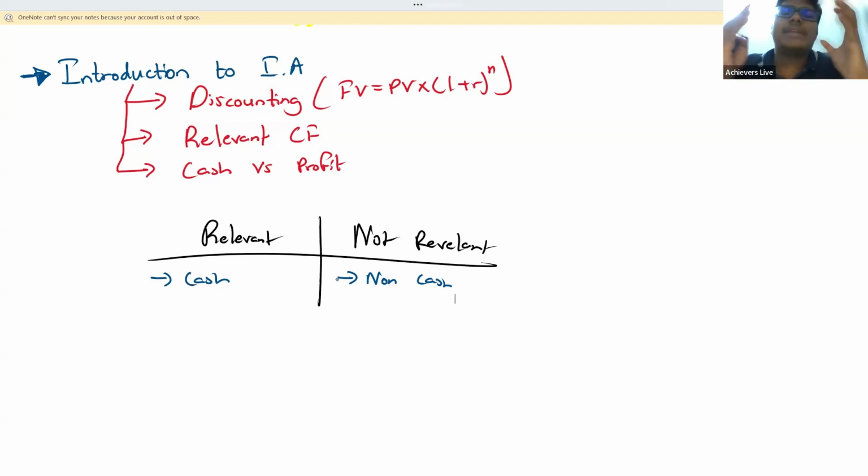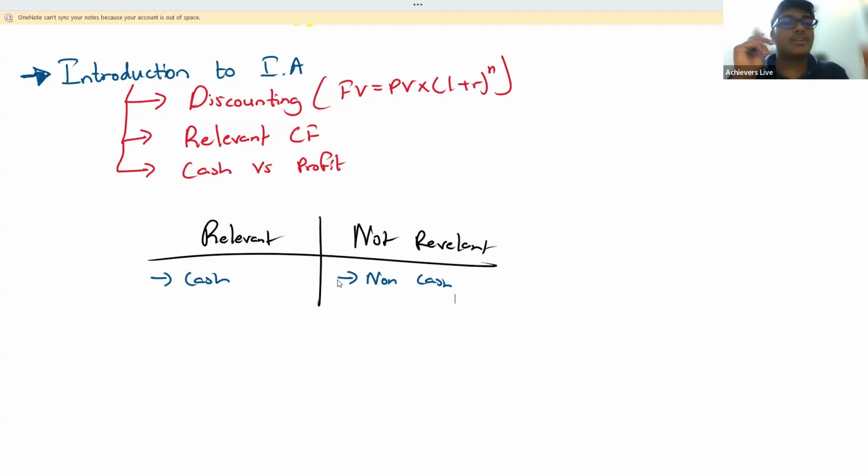I feel like you all are a little bit lacking in the basics. In many of the students' mock exams, you are attempting the NPV questions just based on whatever information they are giving. In the question, they are giving depreciation. In the question, they are giving head office overheads. In the question, they are giving different expenses. You are just including every single little thing in the NPV calculation. No, you are only supposed to include relevant cash flow.